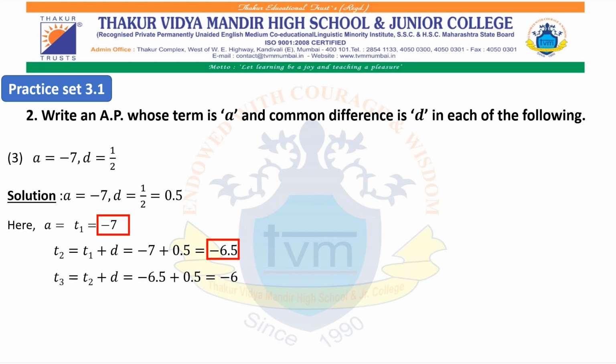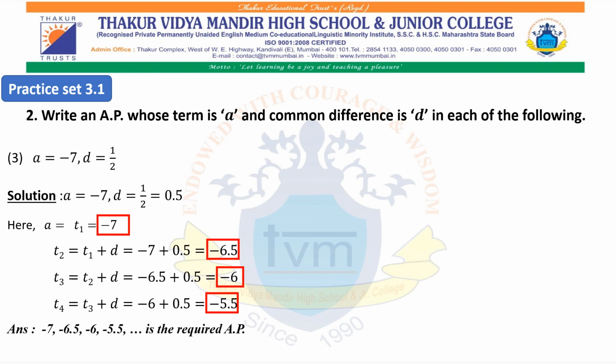For finding out the third term, we will write T2 plus D equals minus 6.5 plus 0.5, which will give us minus 6. For finding out the fourth term, we will write T3 plus D equals minus 6 plus 0.5 equals minus 5.5. Therefore, we can write our final answer as minus 7, minus 6.5, minus 6, minus 5.5, dot dot dot